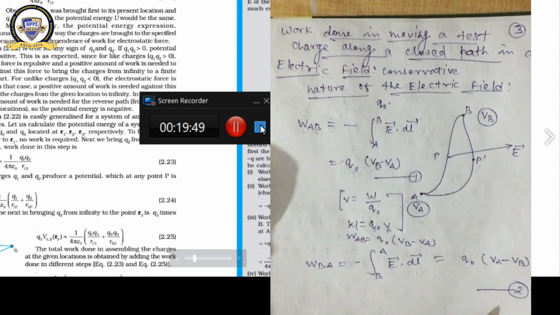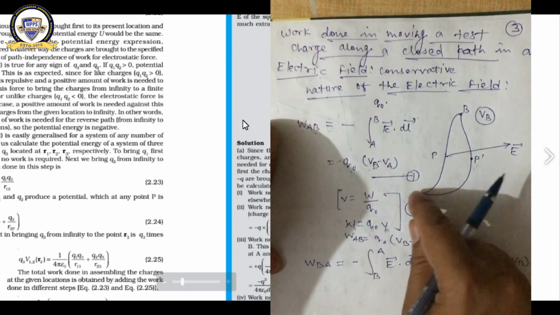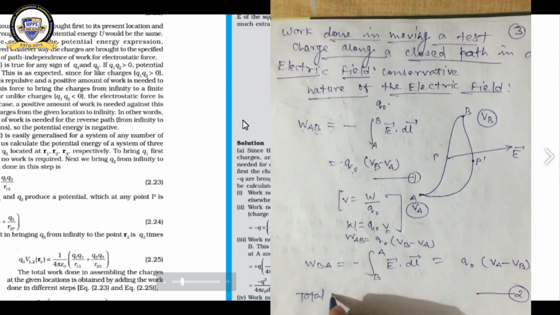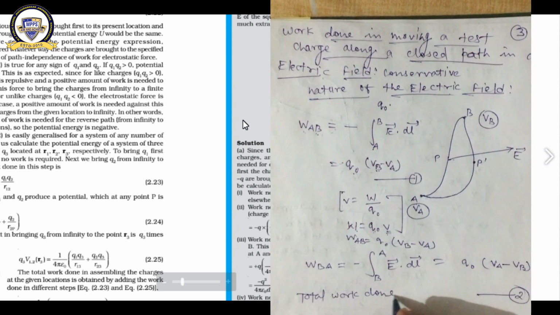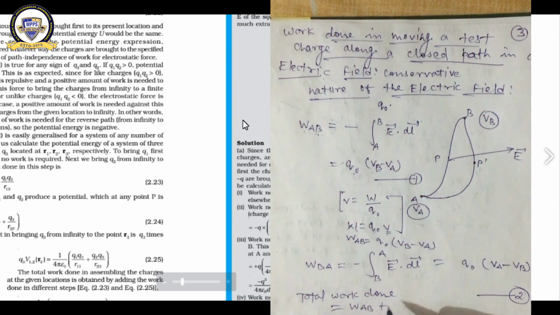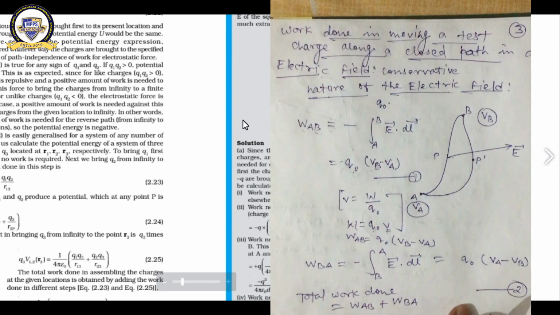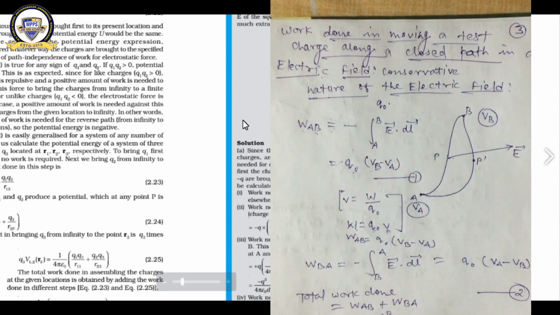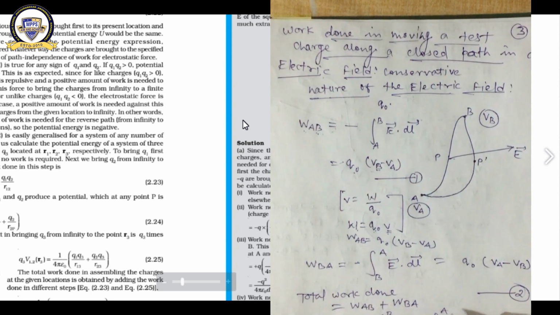Now, total work done in moving a test charge along a closed path from A to B and B to A. So, total work done is equal to WAB plus WBA, and this is equal to WAB, which is given as minus integral from A to B of E dot dl, plus, here it is minus integral from B to A of E dot dl, and this is equal to,